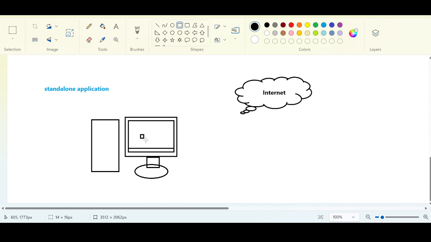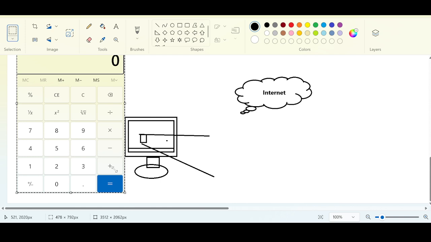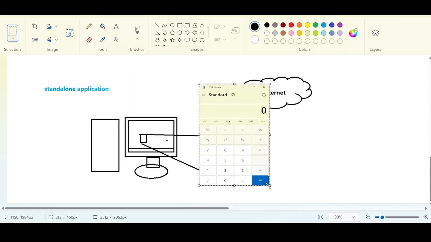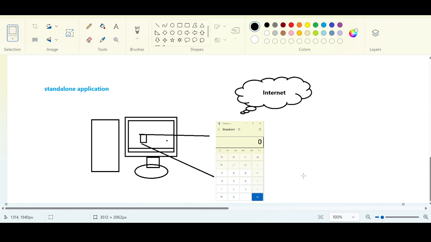Okay, so you have a calculator in your machine. Let us say you are using a MacBook or Windows, whatever it is. You can open the calculator without having any dependency on the internet. Even without an internet connection, the calculator can be opened and you can perform calculating operations. First example. Second example, you can also open something like Notepad. You know what Notepad is, right? Do I really need an internet connection to open Notepad? Notepad can be opened independently no matter whether you have an internet connection or not.